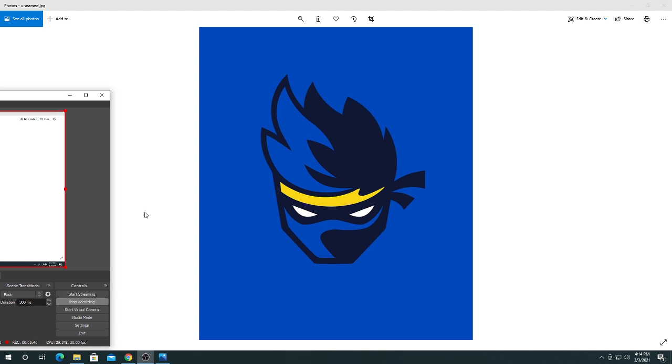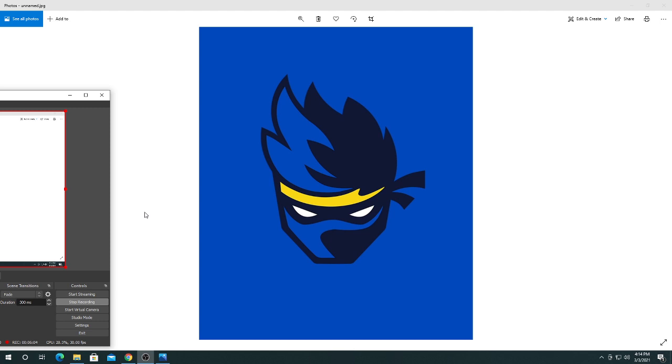checkbox here to open up replay buffer. This allows you to set like a flashback recording, similar to features on things like Xbox and PlayStation, where you can record like the last 30 seconds or last few minutes. You can set the time that you want to record here and then how much memory you're willing to allocate